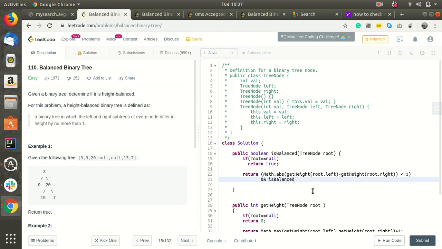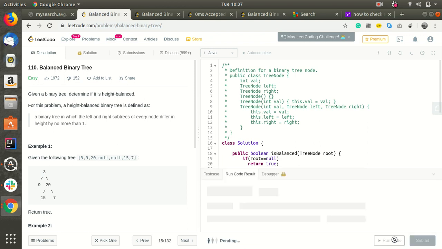So again isBalanced of root.left and isBalanced of root.right, this is the if condition. If it is like that, it will return true, else return false.